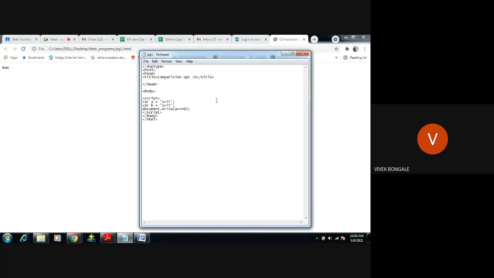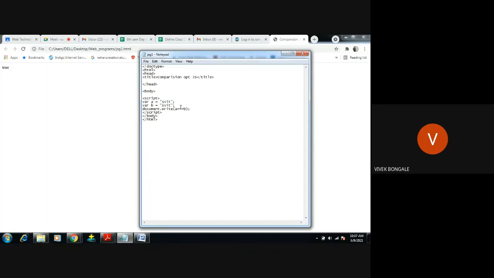So exactly means what? Each and every letter in both the variables should be the same. Then only we are going to use this exactly equal to. And exactly means what? However it is there in the variable A, the same replica should be there in B. Then only the Boolean result will be true, otherwise false. That is what this exactly equal to will do.